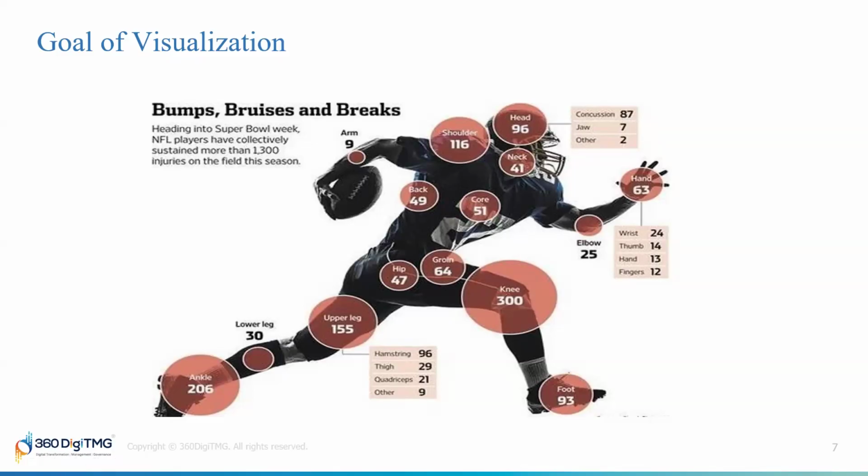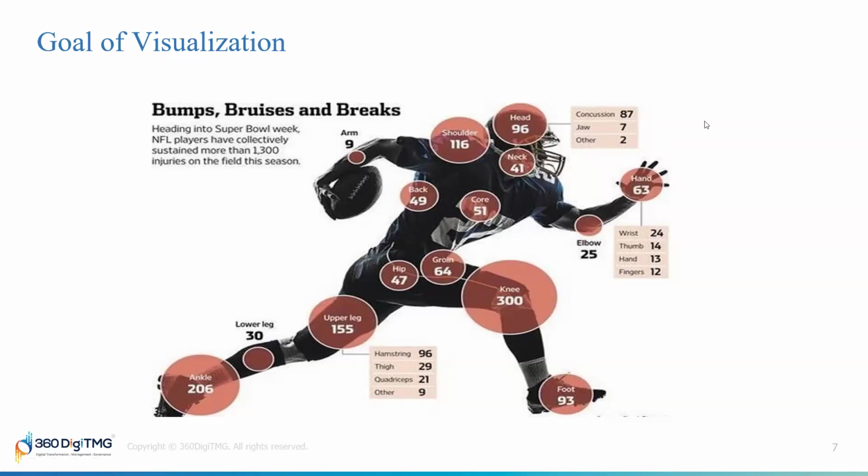Okay, so at a glance, it is giving you a high-level idea about what it is talking of. What is the topic here? I know now. And then, if you notice, this is a static picture, but generally in real time, it is more dynamic. So it's also giving you the option to investigate further, isn't it? So at a high level, I know this, but I know 96 injuries to the head. And maybe I'm interested in knowing further about this. So when I go there, I can understand that 87 of them are concussion, 7 of the injuries are to the jaw, and 2 injuries are some other random injuries.